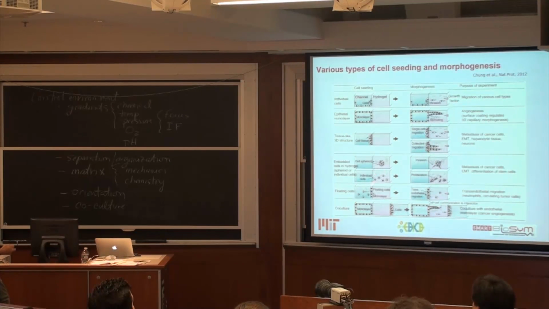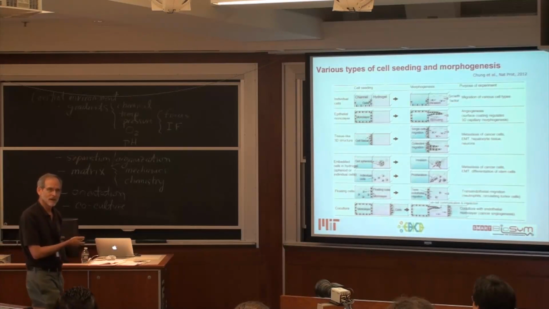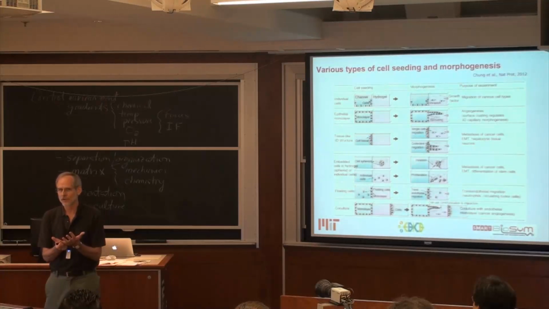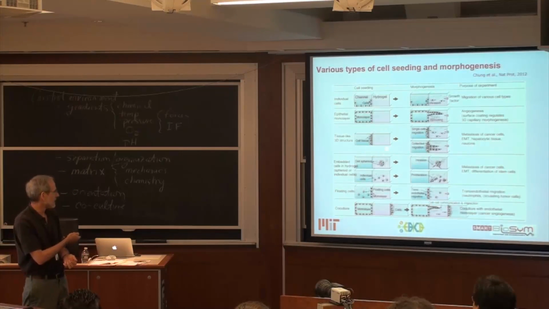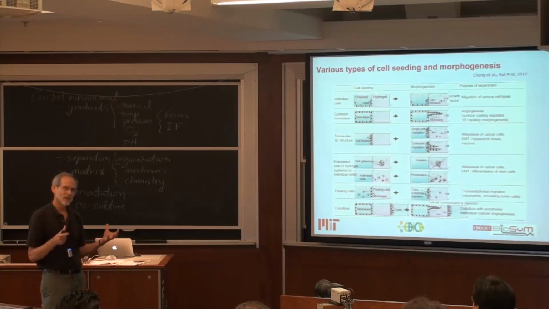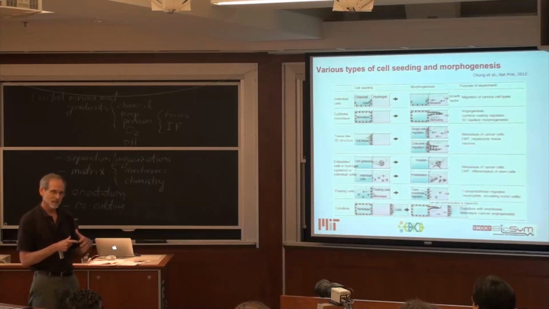Here's a case where we embed cells inside the gel. One set of experiments that we're doing is we form a spheroid from cancer cells, a cancer cell line, a spheroid which you can think of as a small tumor, which we can then suspend in the gel, and then either with or without an endothelial monolayer there, we can introduce drugs to the channel to see what drugs can actually limit the process of EMT, the separation of the cells away from the primary tumor and to migrate through